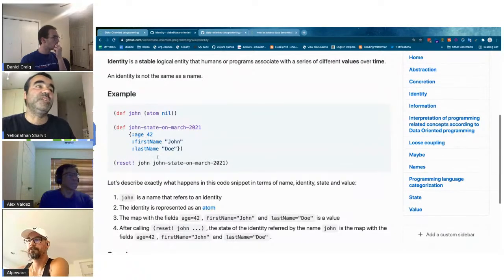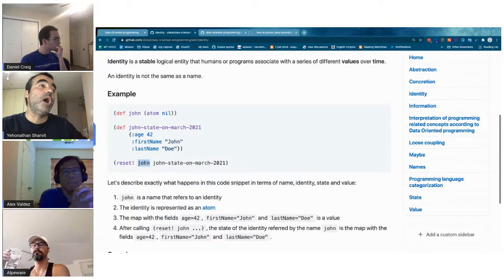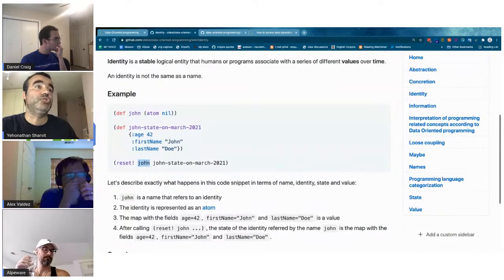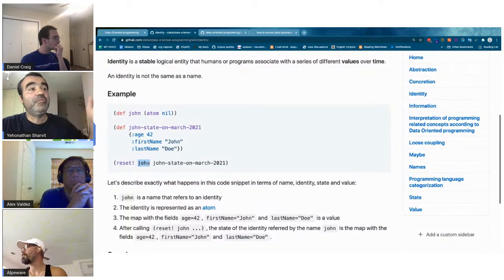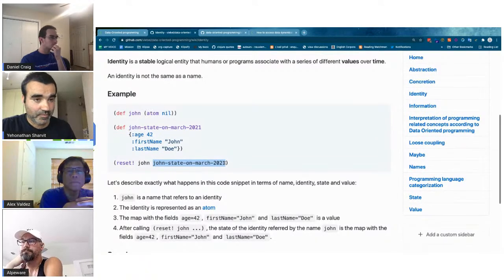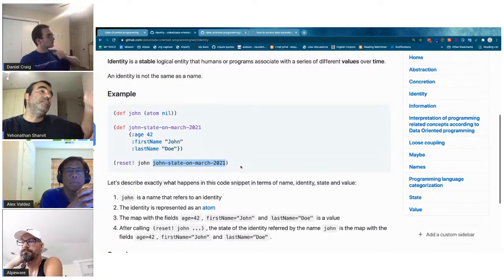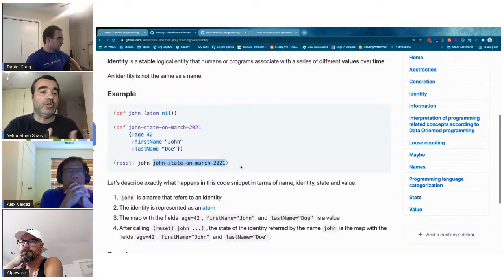And now comes the interesting part. What we do with the reset function in Clojure, we take an identity, the one that is referred by the name John, and we say that right now, the value of the identity John is this value. And in another line of code, we could say, no, the value of John is something else. So identity is like an aggregation of different values over time.